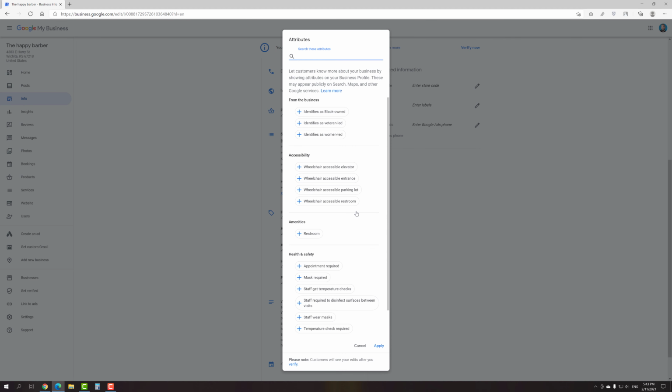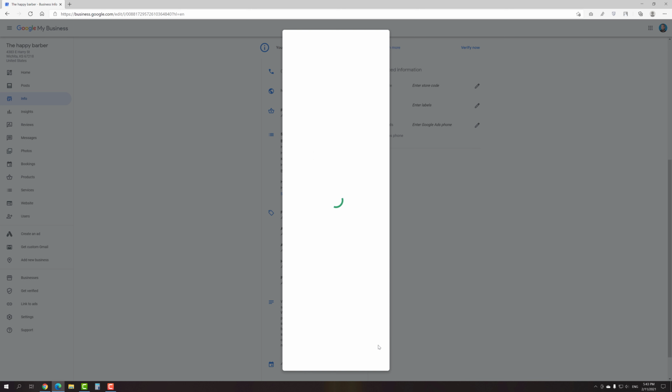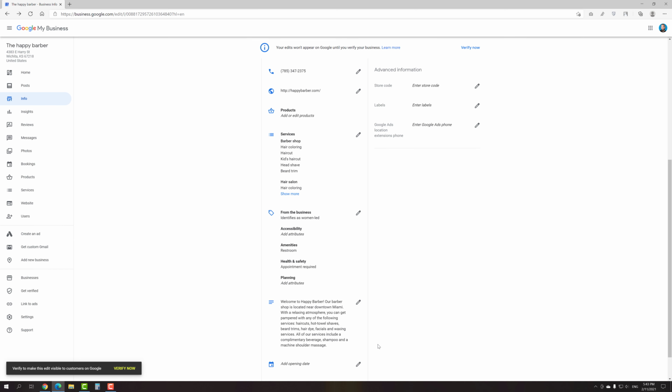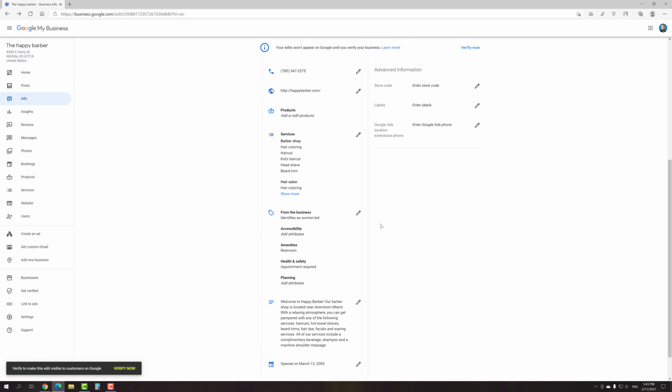Then comes the attributes, which are special features that potential customers seek out. For example, you can share whether your business offers outdoor seating and Wi-Fi, or if it identifies as women-led. I recommend you to select all the attributes that are relevant to your business, because it may additionally help to stand it out from the competitors. And the last thing we can specify here is the date when the business was launched. You may consider it as unimportant information, but actually there are a lot of people who prefer to have deals only with the companies that have been on the market for a long time, so it's better to indicate it. Okay, since we're done with the Info tab, let's take a look at each tab in turn.